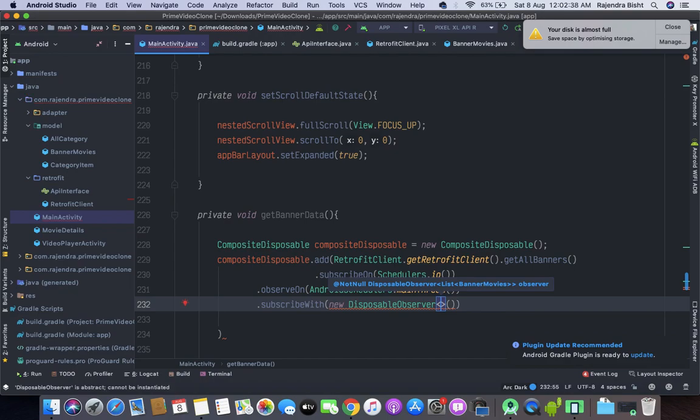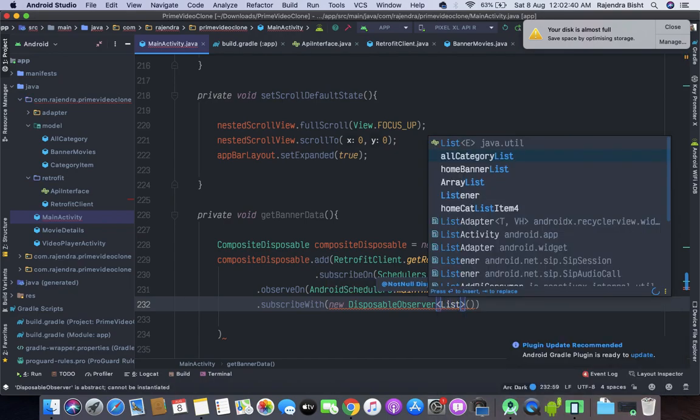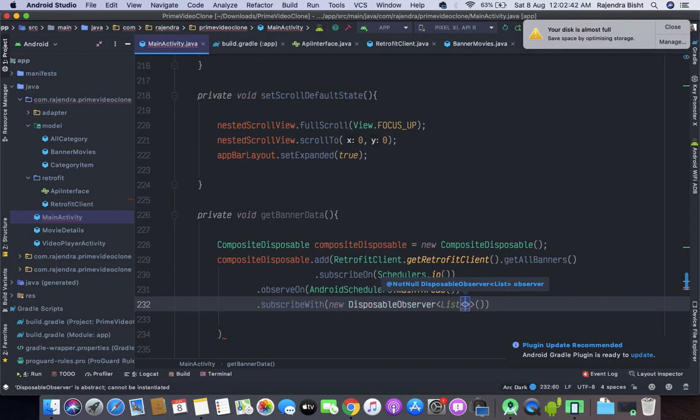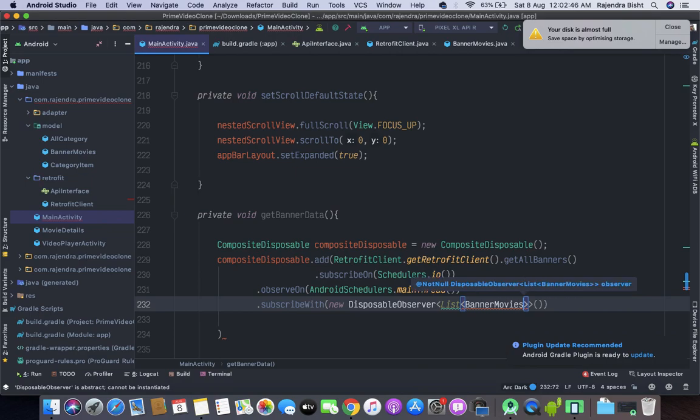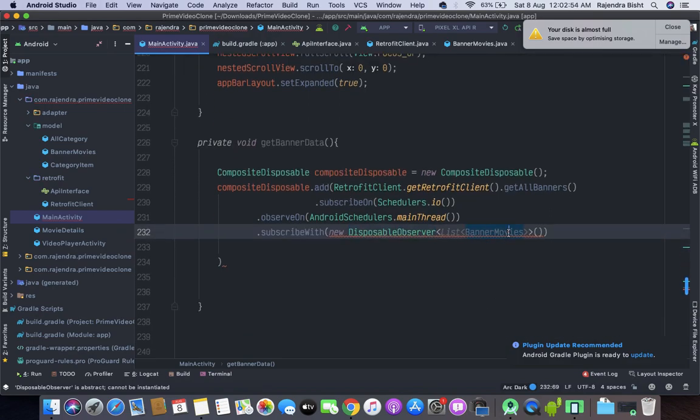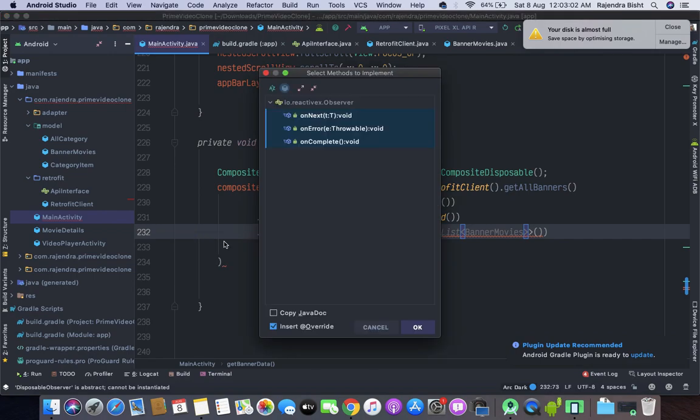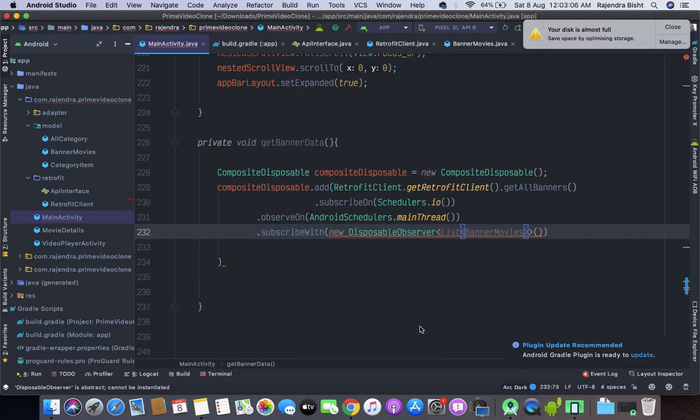Inside the DisposableObserver we will pass the list of our banner movies. Now we will implement all these methods. It will show the suggestion to implement methods. So we will implement all the methods: onNext, onError and onComplete. So click on OK.